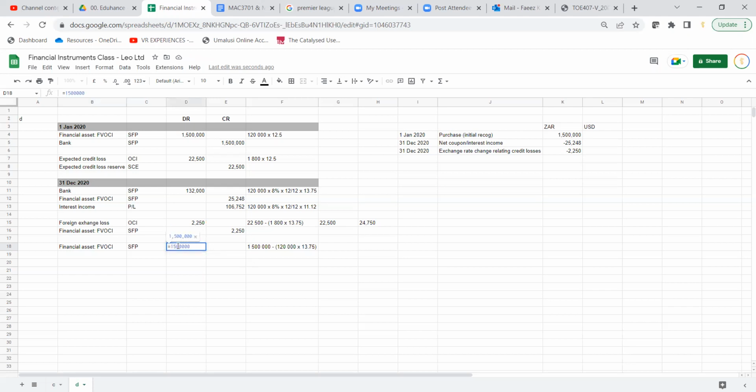It's 150,000, which is 120,000 times 1250, the amount at 1 January 2020, minus still 120,000, because we're trying to get the exchange rate impact, times the new exchange rate, 1375. Okay, so it's going to be 150, and